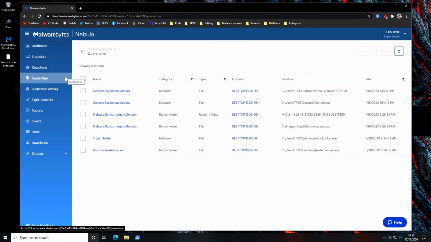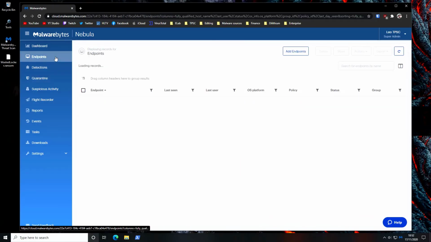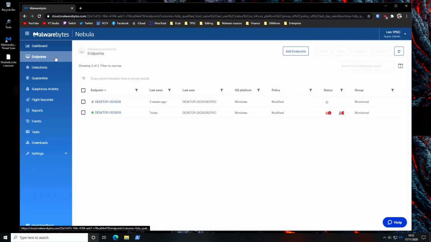Now let's explore a more interesting situation where you might have an actual threat executing on the system that was not immediately detected by the signatures. In order to emulate that, we have disabled signatures on this particular endpoint, and we're now going to execute a real ransomware, WastedLocker, that was responsible for the massive Garmin incident that cost millions, and we will see what happens